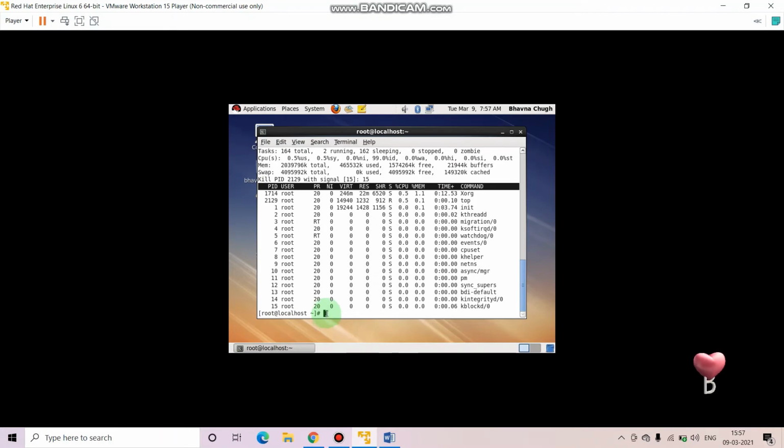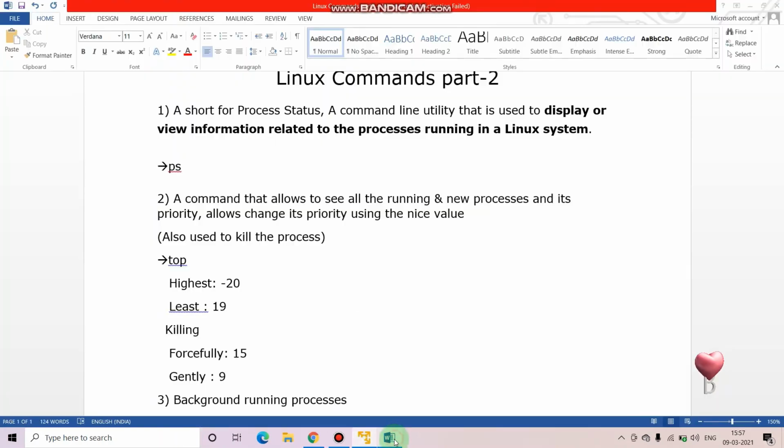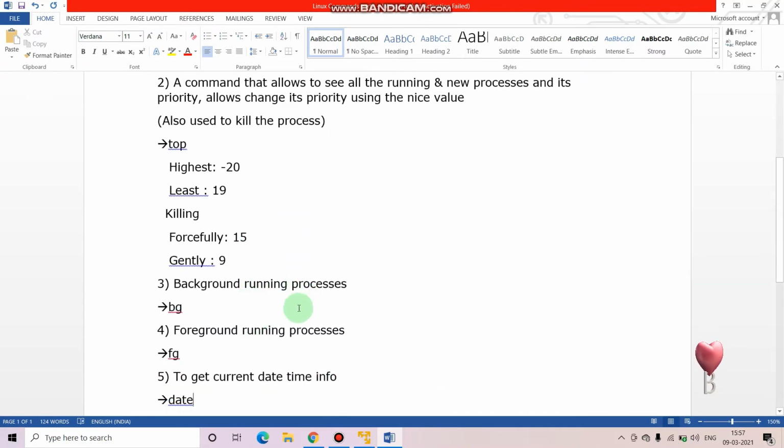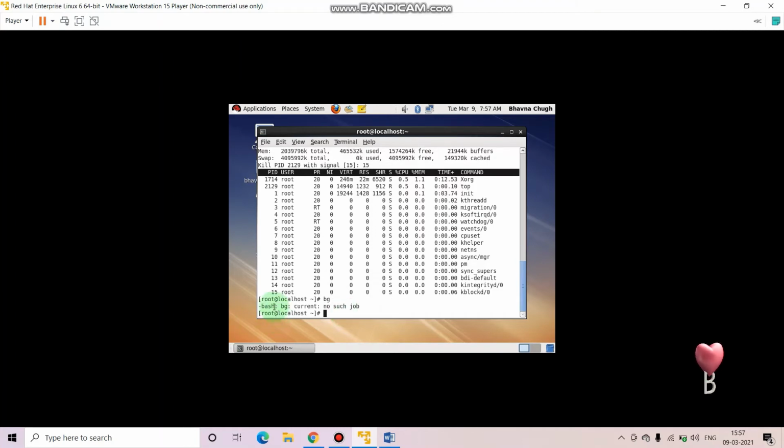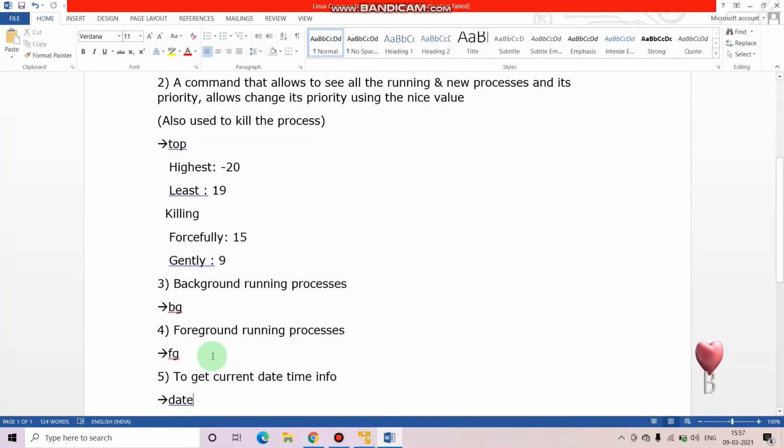Okay, so hope you guys are getting me. Now, if you want to see the background running processes, simply you have to put bg. Very simple commands you have now in this practical. Bash bg, see, no current background running jobs you have. When you have background running jobs, then only it will work.